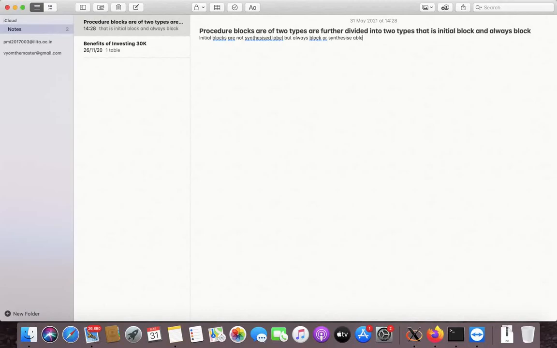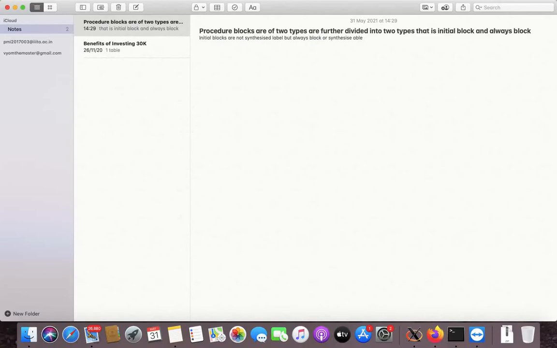And what is the meaning of this? Basically the context is that we use initial blocks in the test bench and we do not synthesize the test bench, and we use always blocks in our main program or in our modules, which are synthesizable. Okay, so the always block defines a sequence in which the statements are executed, but it is synthesizable because it is a part of a module, and the initial block is mainly a part of the test bench.